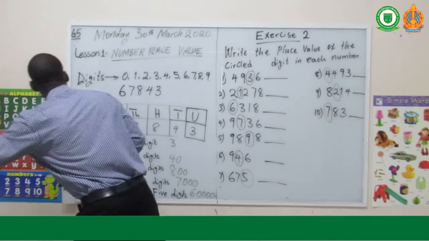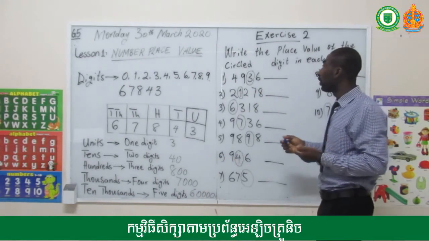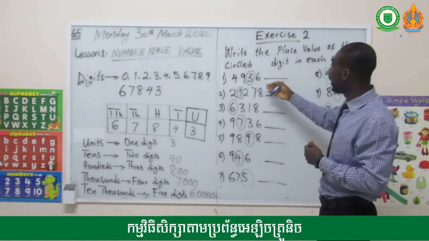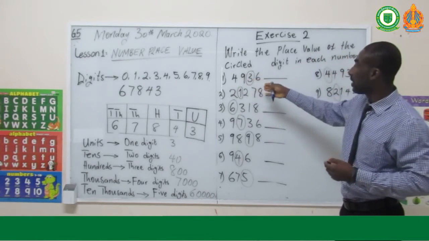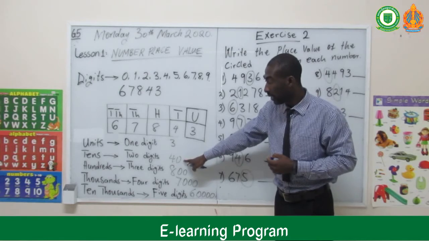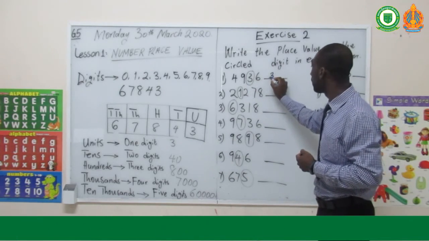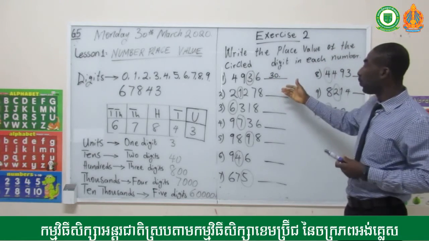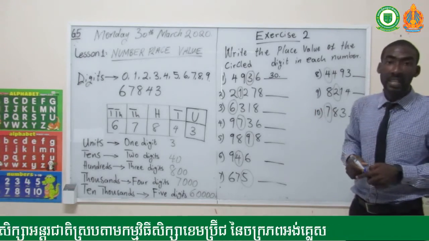Example, the first one, we have 3 that has been circled. So looking at the position of 3, 3 falls within the tens column. So the tens place of this number. And with the tens place, we expect to see 2 digits. Which means that 3 here becomes 30. So with this example, you can go through and finish the rest of the exercise,